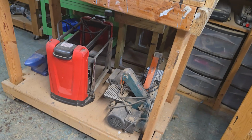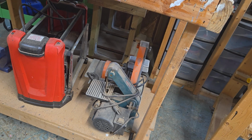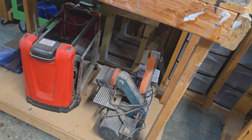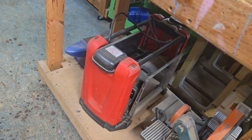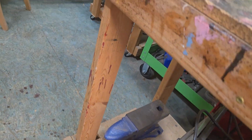And under this workbench, I've got two 1-inch belt sanders, one with coarse and one with a fine sandpaper for some of my detail work. If you look at my Insta, this is a planer, and you should have seen that thing in action. And an anvil,